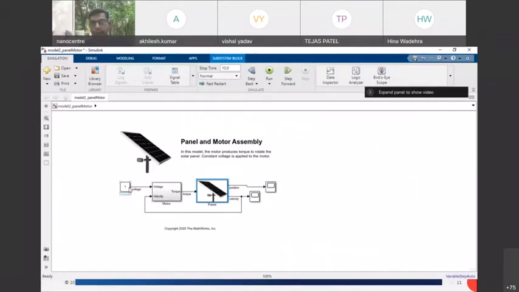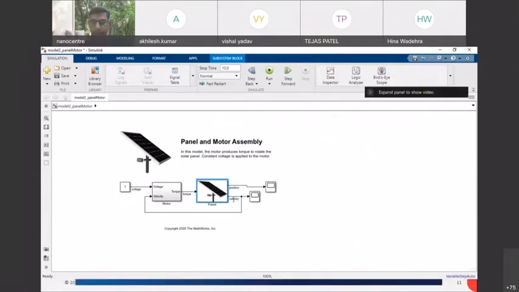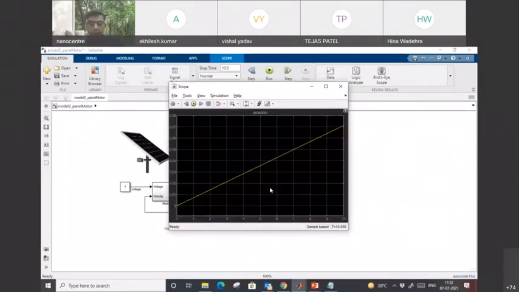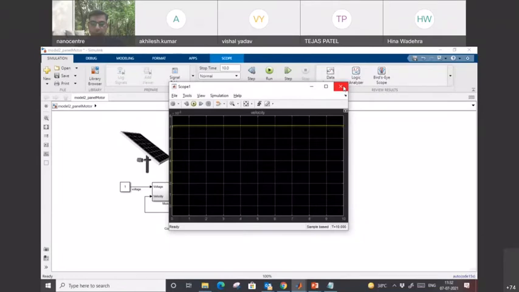Perfect. So we have the motor, and now to activate the motor, we are required to give the voltage, right? So 1 volt we are giving, and we are measuring position and velocity. What is the velocity? D theta by dt, right? So I'm going to run this again, and here this is the position, right? So it is still opening, but the question is, am I getting that displacement with respect to the sun or not? So for that we require a controller, right?